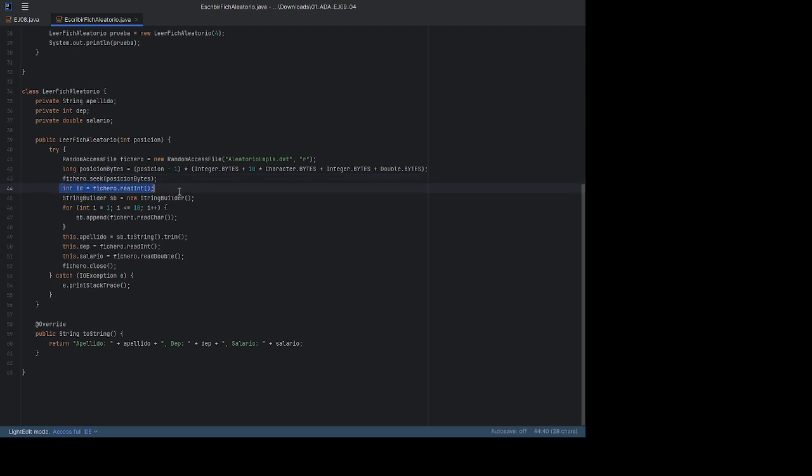Here we are going to read the employee ID with fichero.readInt. Then we create a StringBuilder to read the last name character by character, 10 characters total, and the last name is trimmed and stored in the apellido attribute. Then the department and salary are read using fichero.readInt and fichero.readDouble, and then we have the file closer,